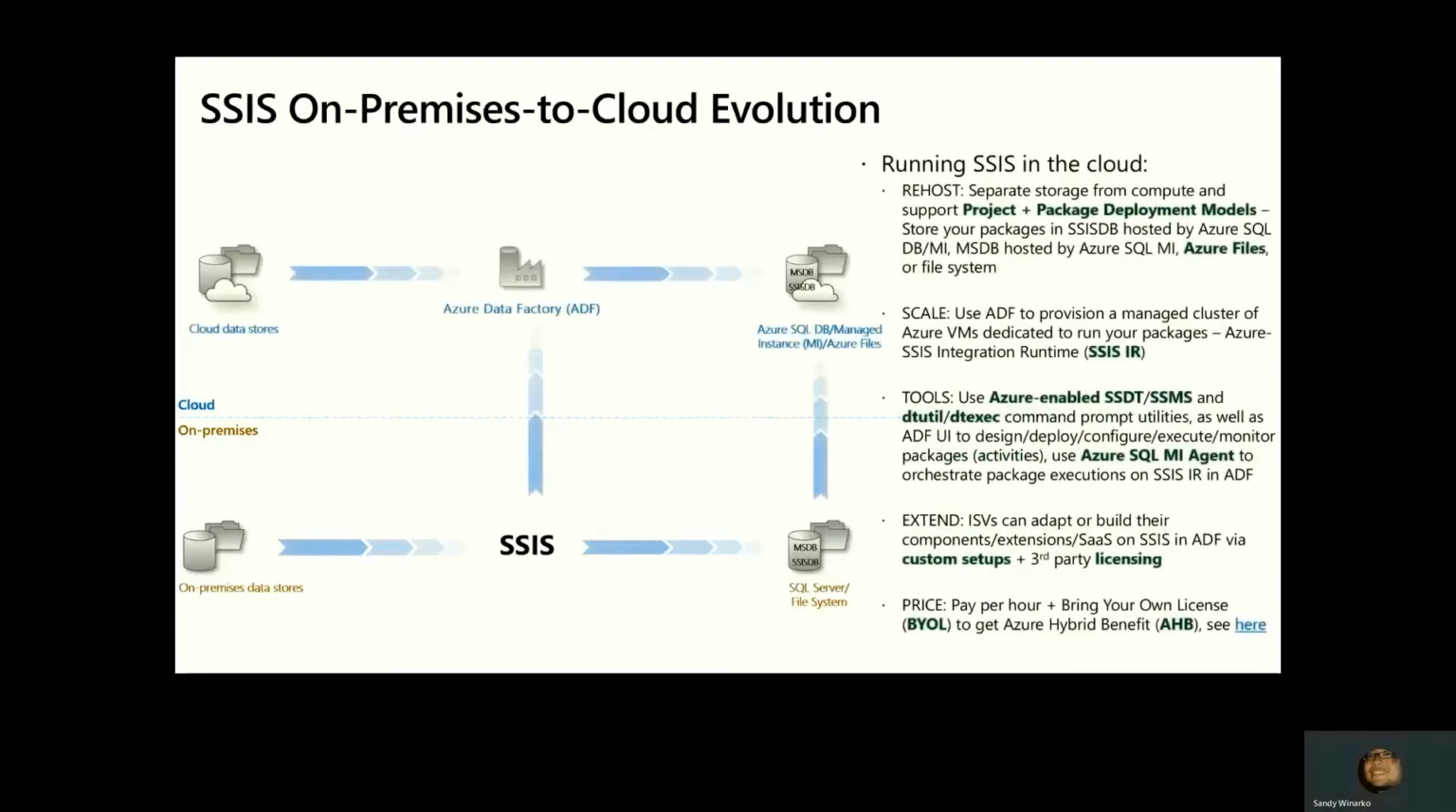When we released SSIS in ADF, we separated storage resources where you deploy and store your packages from compute resources where you run them. So you can scale these resources up and down or in and out independently. For storage resources, we support both project and package deployment models, where you can store your packages in SSISDB hosted by Azure SQL Database or Managed Instance, or SQL MI, in MSDB hosted by SQL MI, in Azure Files,